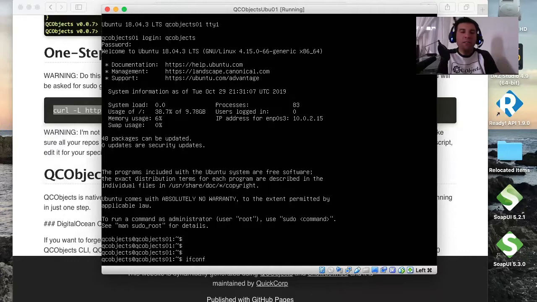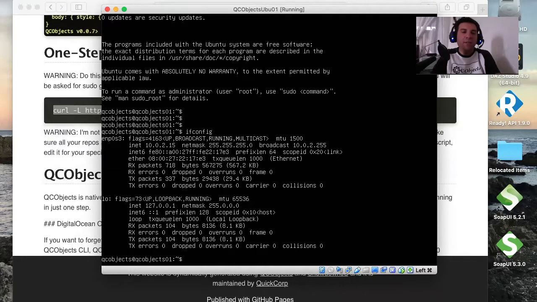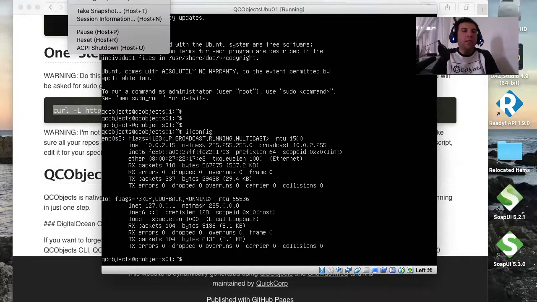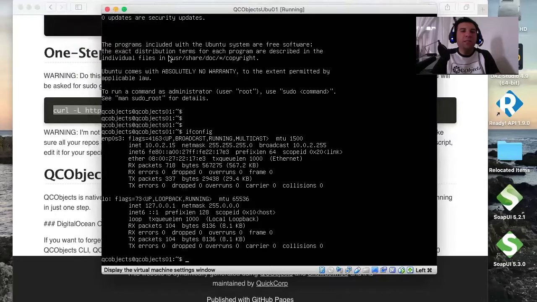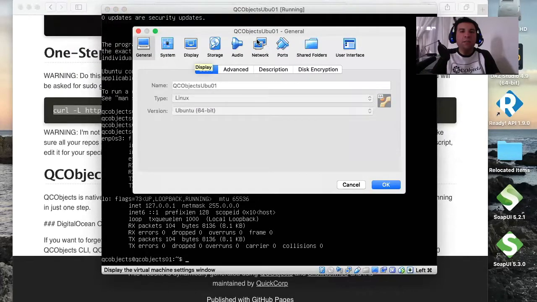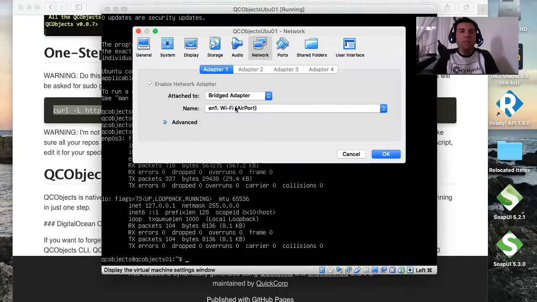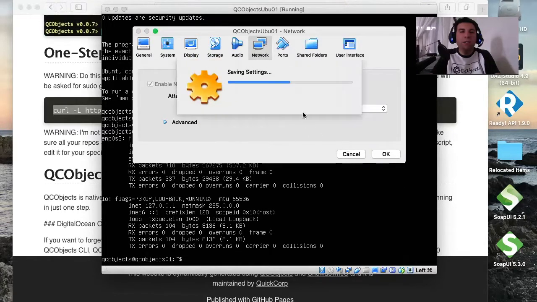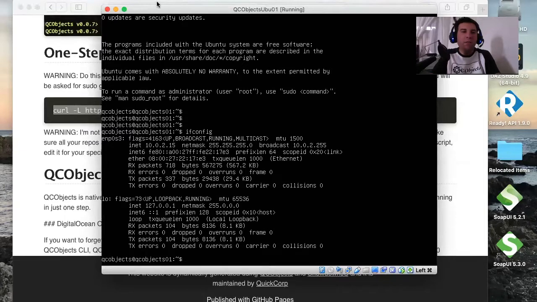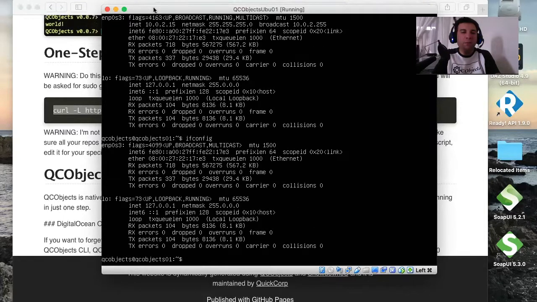For that, I have to see the IP that is 10.0.0. Okay, I'm gonna go to settings, then network, and from NAT to bridge. Okay, take my Wi-Fi, and now configure again. Now I have a new one,